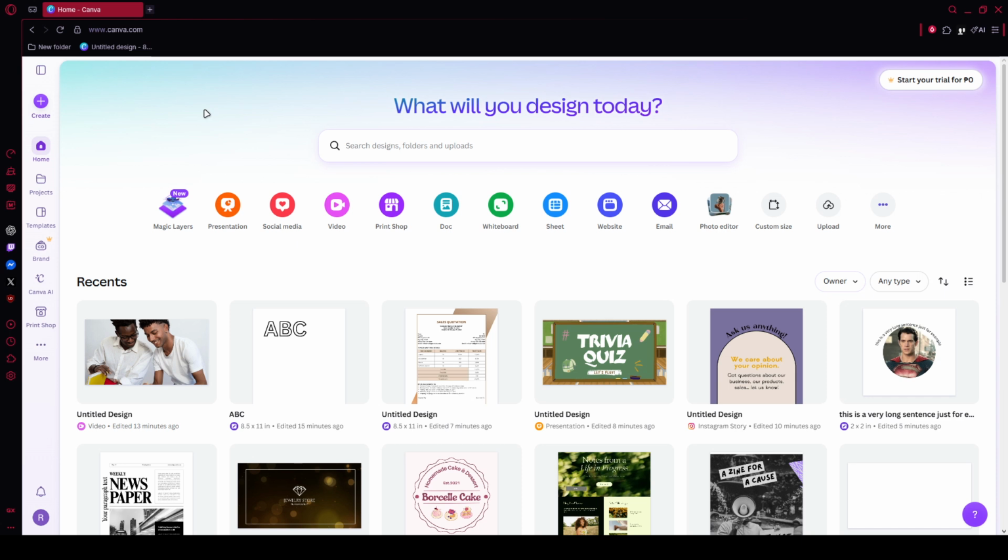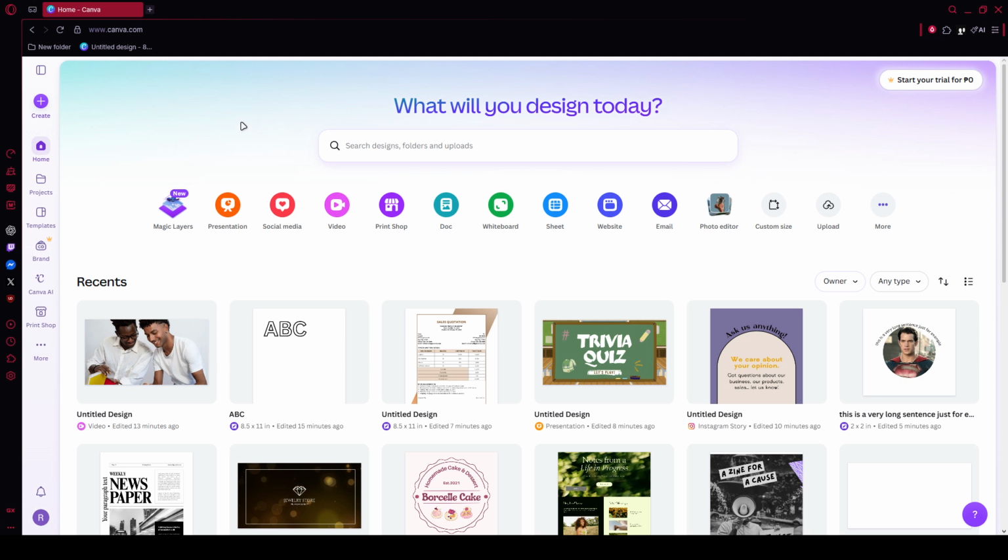Start by opening Canva and going to the project you want to protect. From your home page, look through your recent designs or locate the file you want to make private. Open that design so you're inside the main editing workspace. It's best to make these changes directly from the file itself so you can review the exact sharing settings tied